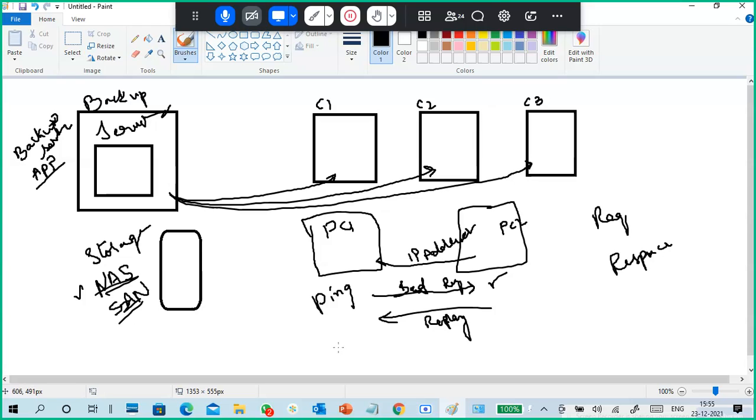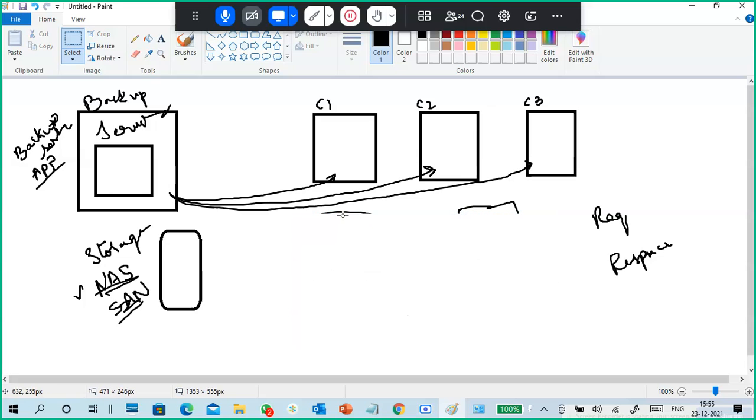We should say Pong response, but don't go with the new words. You send a ping request, and receive a ping response from the other side. That is the way communication happens. And very good, that's through IP address that PCs communicate.